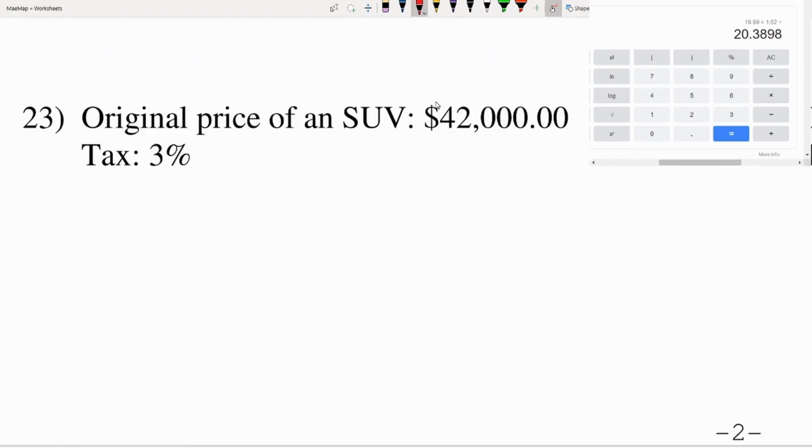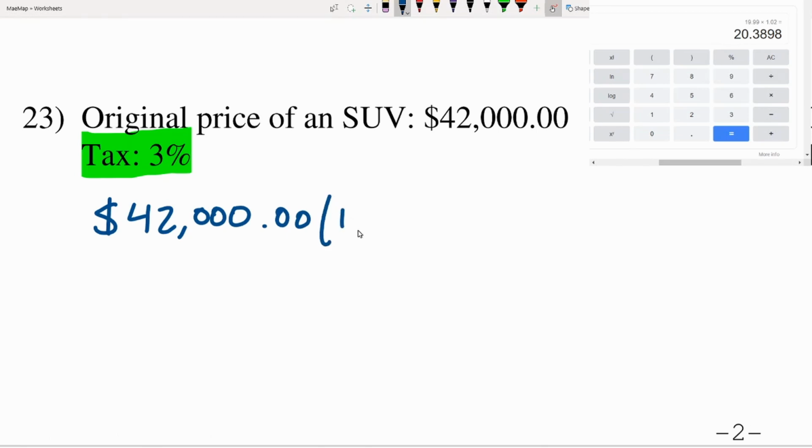All right, getting close to the end, second to last problem. The original price of an SUV is $42,000 with a tax of 3%. So taxing 3% might not sound like a lot, but think about it when you're taxing an item that's tens of thousands of dollars. We're going to have $42,000 get taxed by 3%. That's multiplying that original purchase price by 1.03. So 42,000 times 1.03,